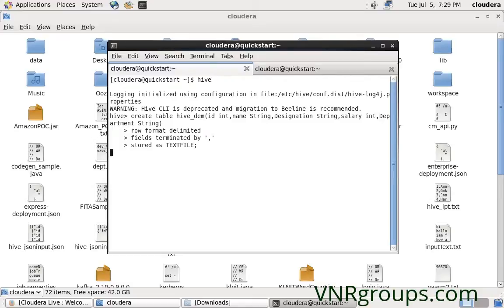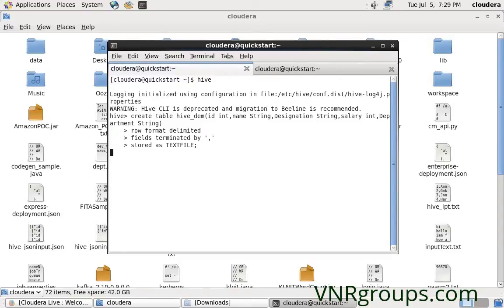What I want to do is load the data that I have in HDFS, the hive underscore input.txt file, into this table. Physically I have my data in a file, and I want to represent that file data as a table in Hive.